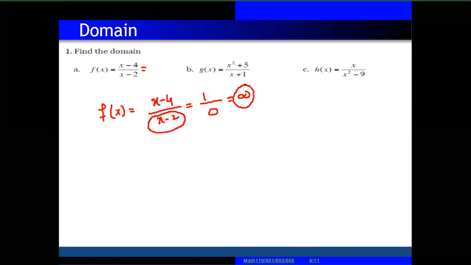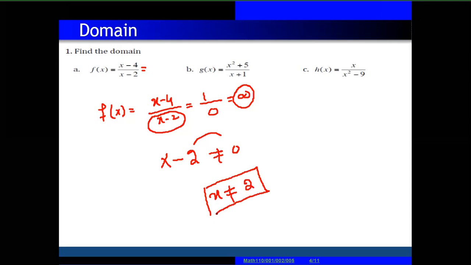Infinity. So solving this type of question, like x minus 4 divided by x minus 2, you can just put that the denominator must not equal 0. x minus 2 not equal to 0. When you transfer 2 to the other side, x is not equal to plus 2. So all values are possible except one value, and that value is 2. If you give the value 2, this function will be infinite.